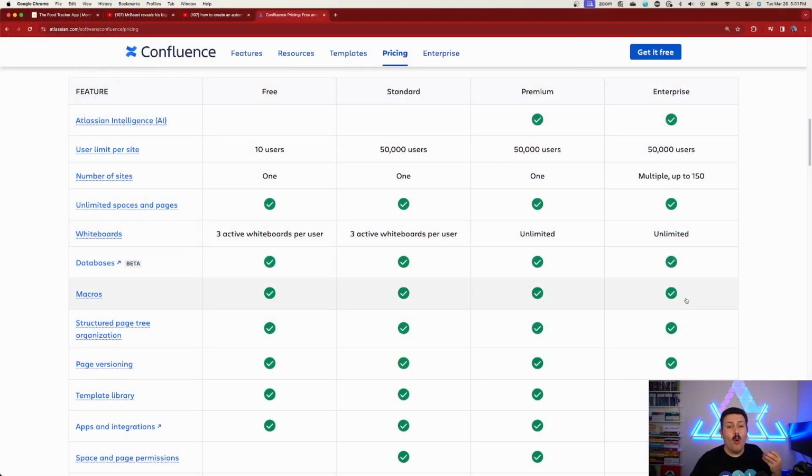But if you're on premium, as you can see here, or on enterprise, you do get an unlimited amount of whiteboards. Now, this I think is a good tactic that Atlassian is trying to do to convince more and more folks to leave standard and free and pony up, double up your price to premium. I've seen them do this not only in Confluence, but in Jira Service Management and in Jira Software. A lot of the key functionality that you would think is kind of cool or amazing, they're really reserving for the premium versions or enterprise versions.